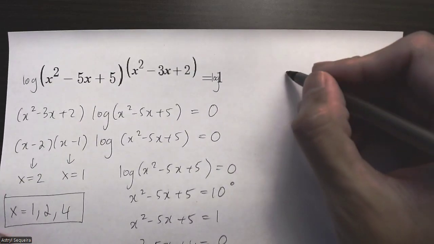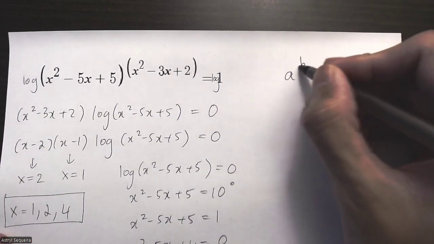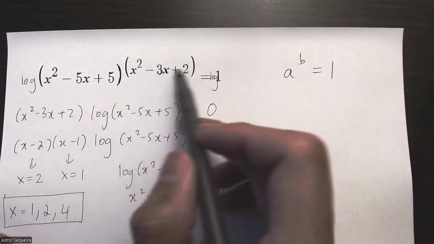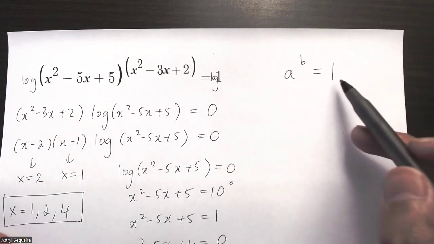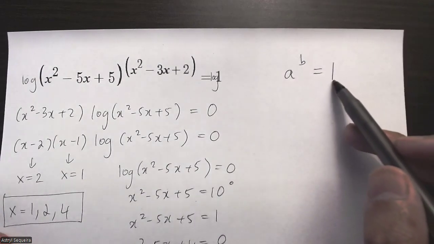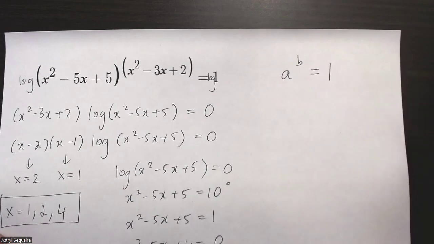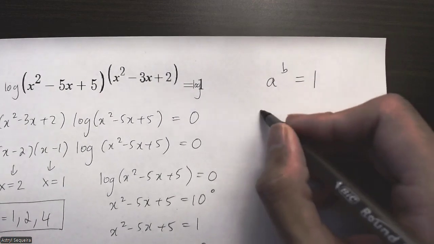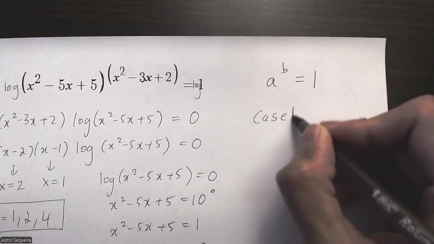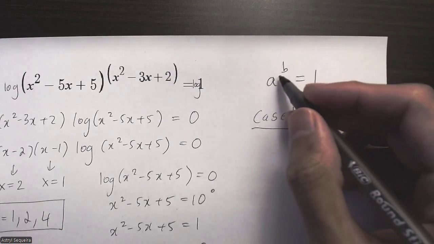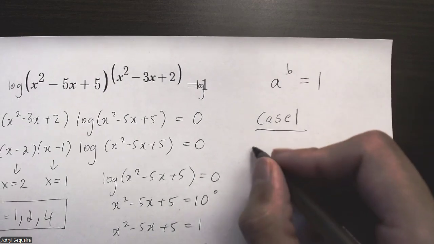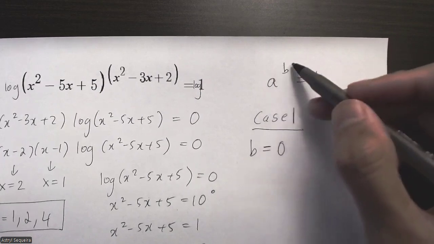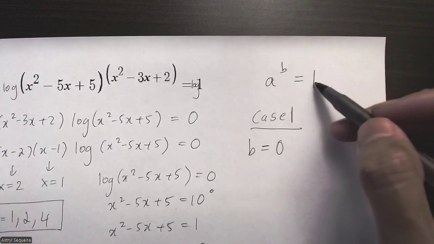Let's pretend like we have a to the power of b equals 1, where a is this quadratic equation here and b is that quadratic equation there. And we want to see when this equals 1. How many possibilities do we have for this? Well, we have our first case